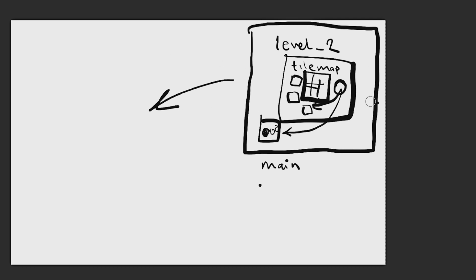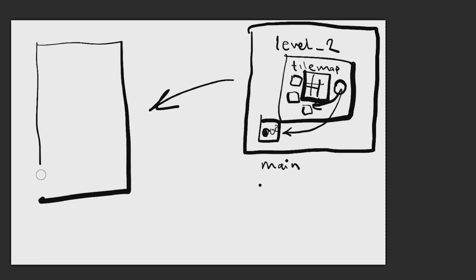So when everything is instantiated in the engine, in order to solve that, all these game objects are gonna get a name that actually includes the path. So this one is going to be called level 2/GO, and this guy down here is going to be like level 2/GO here,